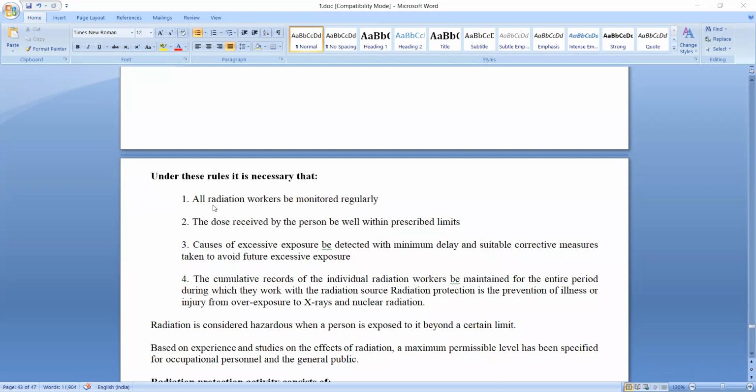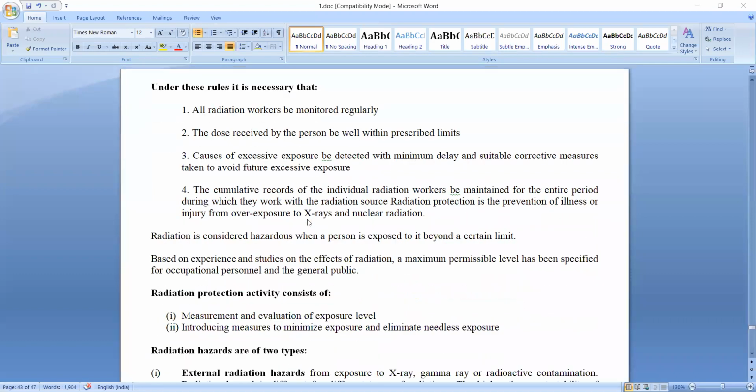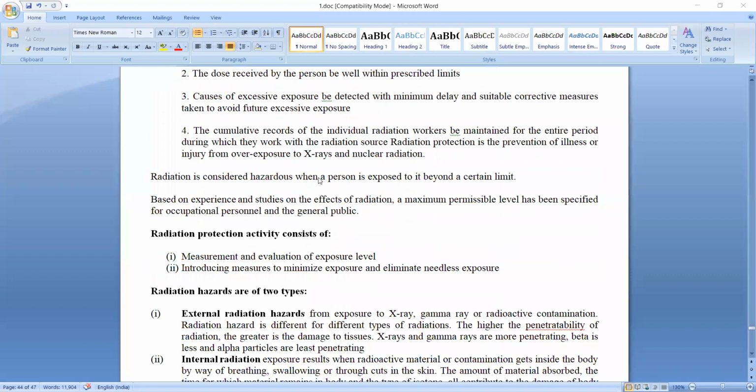We have to maintain the cumulative effects, meaning after 1 year, how much radiation he was exposed to. We have to maintain the records for every worker who is working around the radiographic techniques. Okay, these are some rules under this Radiation Act. Next, suppose the person is exposed to a certain limit, beyond that limit